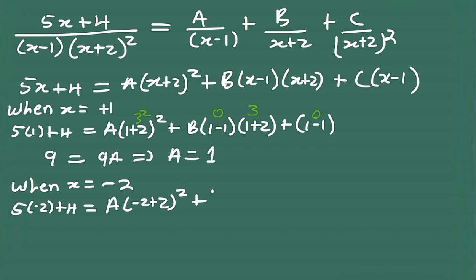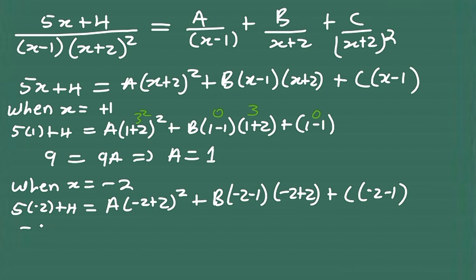So exponent of 2, plus b times -2 minus 1, so -2 minus 1 times -2 plus 2. Here we are going to have plus c into bracket -2 minus 1. So here we are going to have -10 plus 4 equals to, this value here will be 0. -2 plus 2 is 0. 0 squared is also 0. This will be -3 times 0,